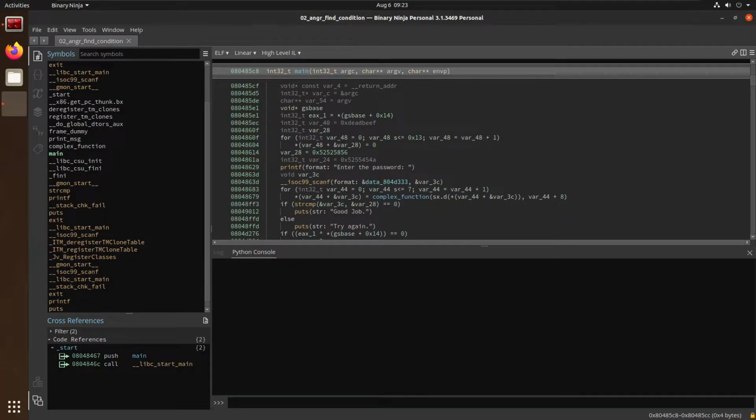Alright, so examining our first program, which is O2 Angr find condition. Just taking a look at main here, we see it's a pretty simple program. We have a printf, which prompts for the password, and then followed by scanf, which will take standard input and save it here. We see there are no format specifiers being provided to scanf, which is important because Angr cannot actually analyze scanf